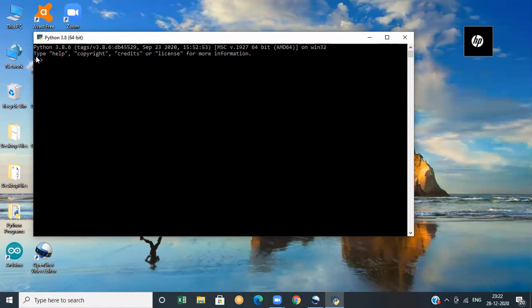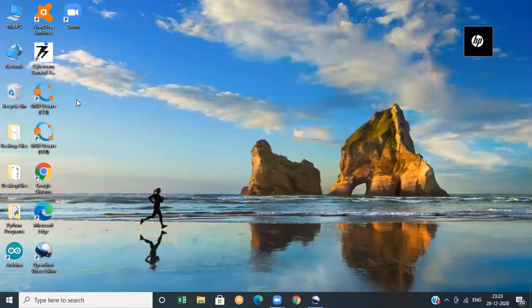Whatever messages or commands we entered before, we can do the same now also. So I'm now giving print hello world. It is now printing the message. You can also perform other computations. 5 plus 7, it gives me the answer as 12. If you want to exit the shell, you can type exit and press enter.